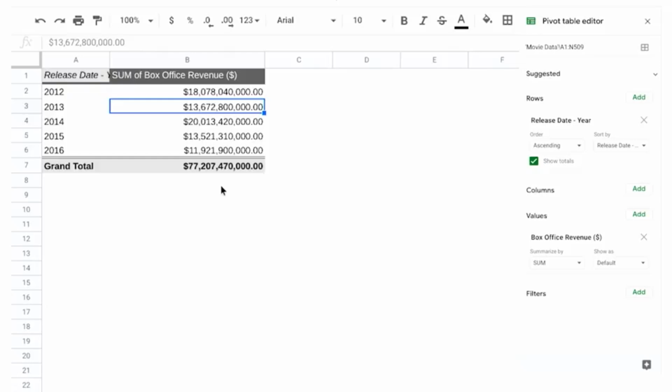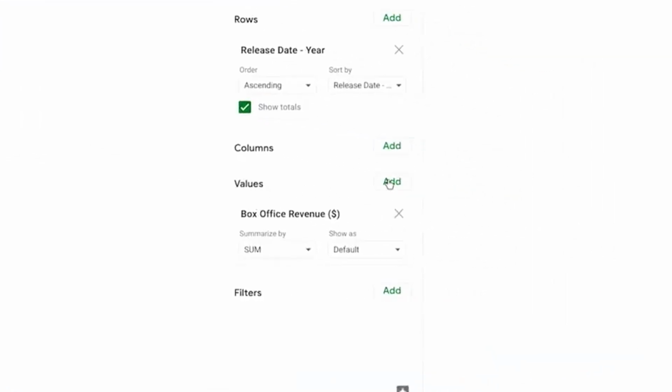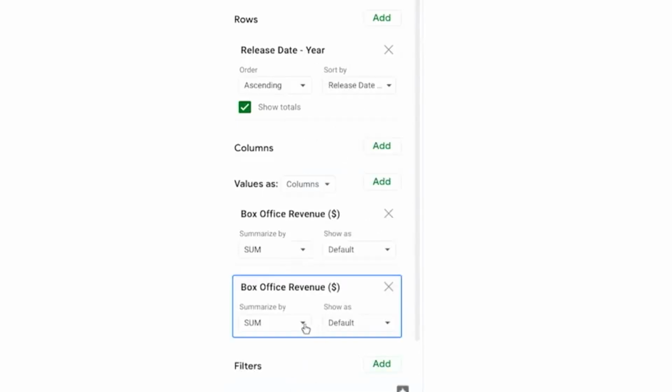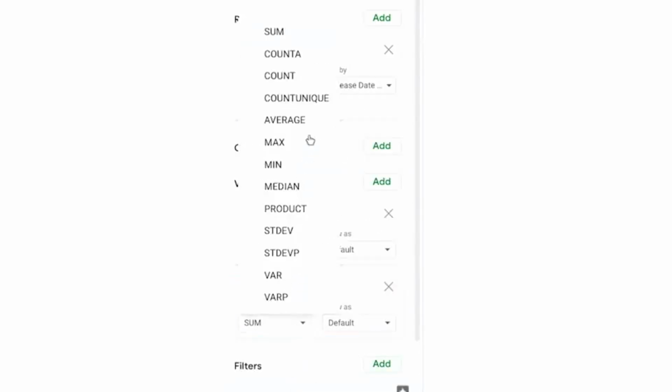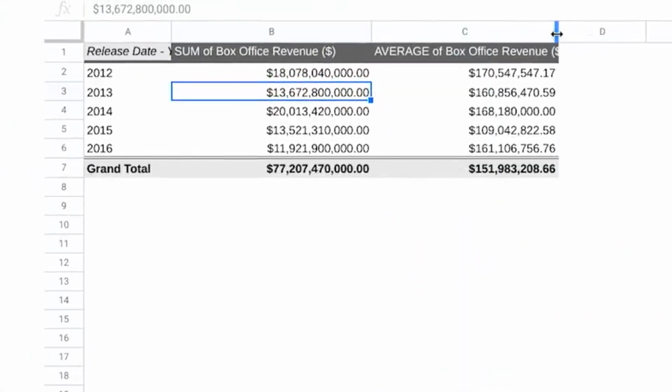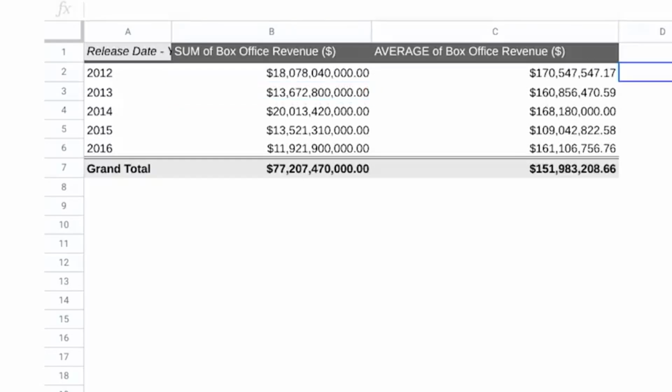We can do this in the same pivot table. We'll add another value and change the function that we use to summarize from sum to average. The average function gives us the average revenue per year for the movies in the dataset.